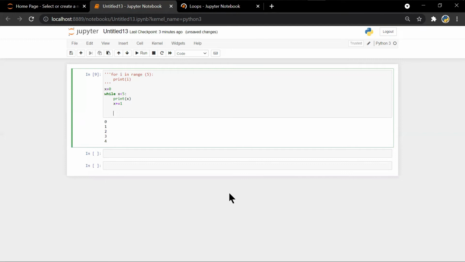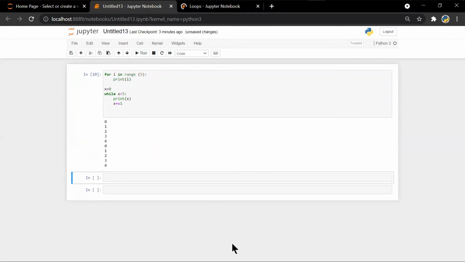And at what point do you have the doubt, because this is the basic syntax of for loop and while loop. You can put it in the chat box.